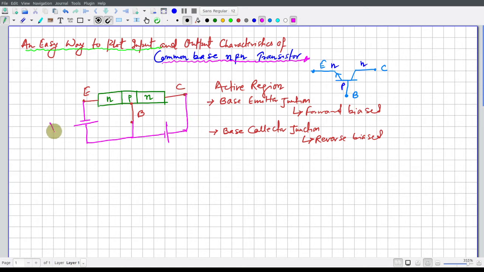This voltage I am writing as VBE, and this voltage is simply VCB. So this one is forward bias, or in a very simple way we can say that this is nothing but simply two back-to-back diodes connected in series.